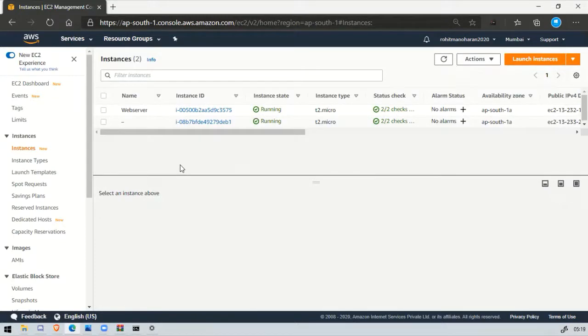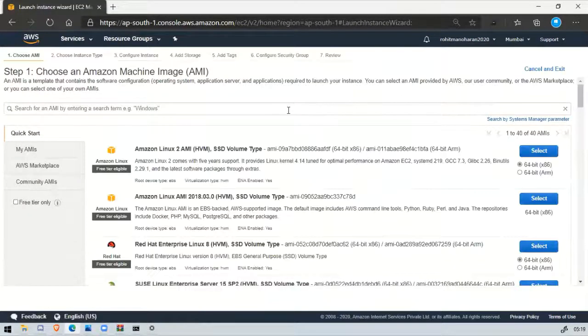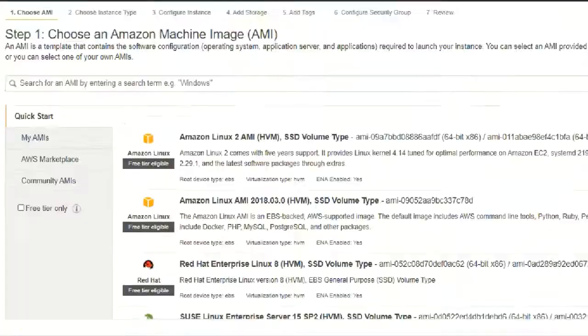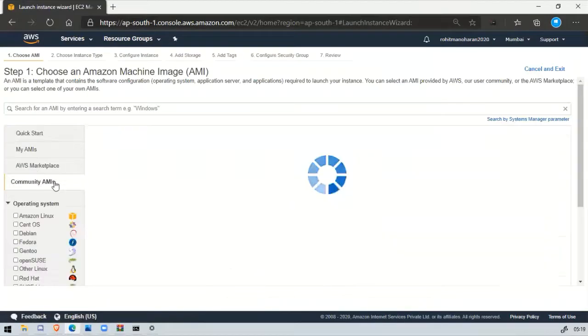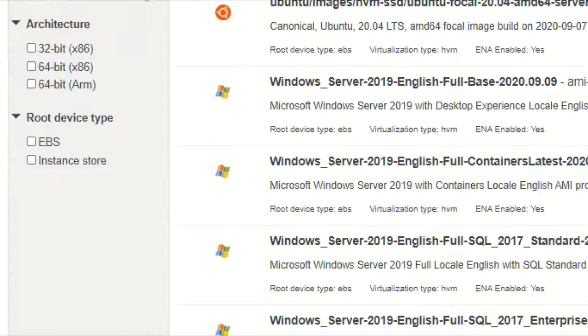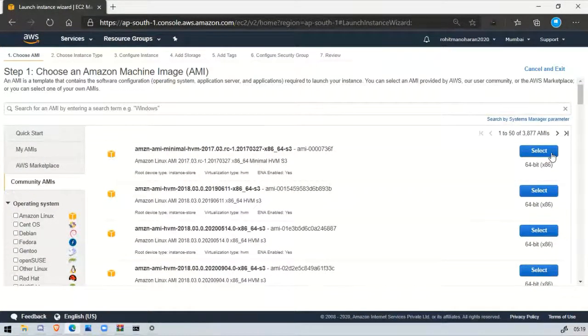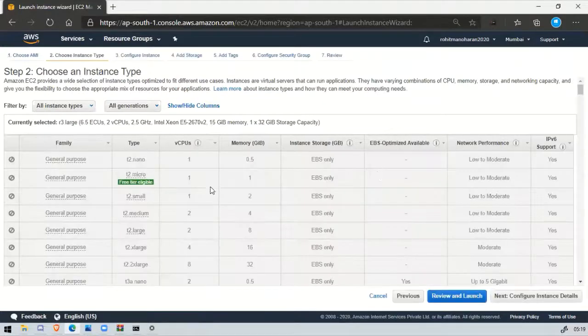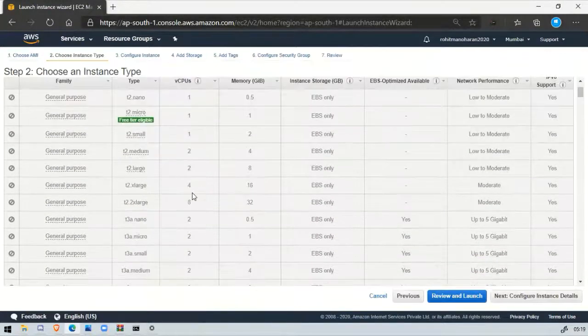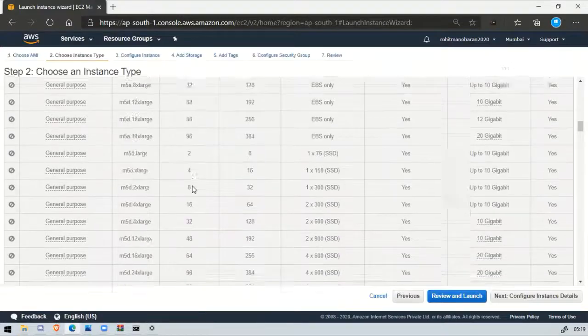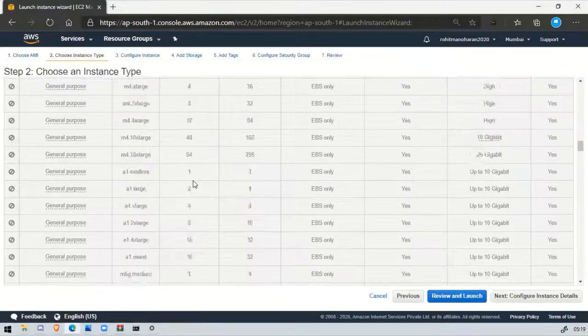The next thing I want to discuss with you is creating an EC2 instance with instance store. So let's create it. For that, you have to click on launch instance, and under community AMI, you have the option of root device. I will click on instance store and go for the first one. As you can see, I don't have any free tier, so I have to get a tier which is paid.